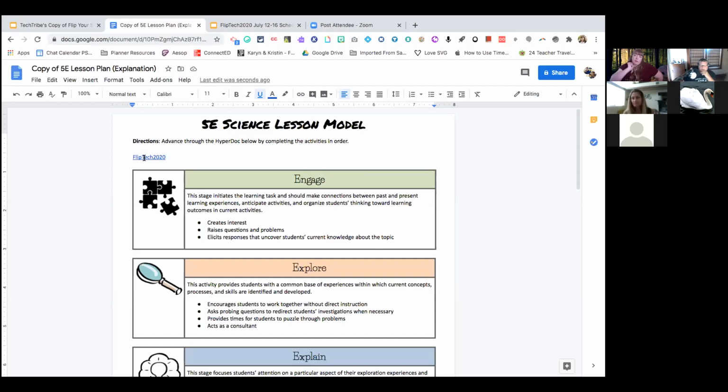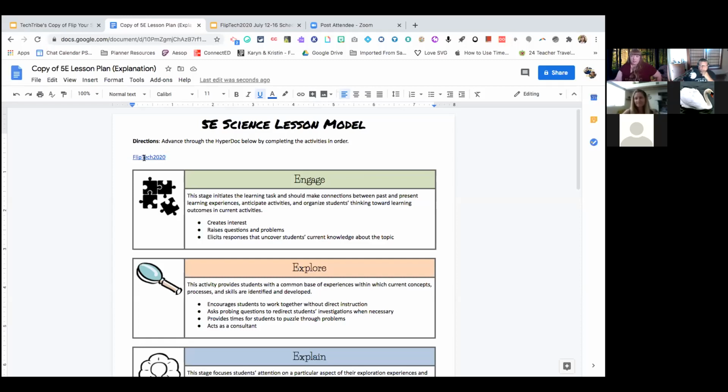These are really great though. Once you do get them created, you have them for every year thereafter. The days of filing cabinets and looking for that worksheet are gone. You have your graphic organizers, you have everything embedded in the actual document, the videos, right? When I first started using technology in the classroom, I was going on to YouTube and searching for videos as I needed them. Now I have in my document the video that I know will reach my students without having to search for it all the time.